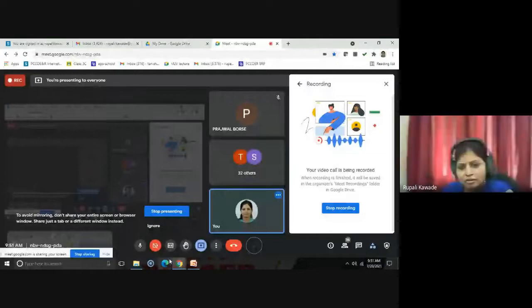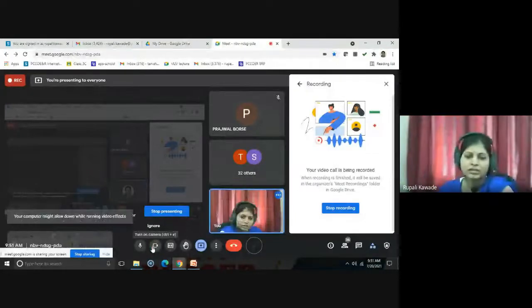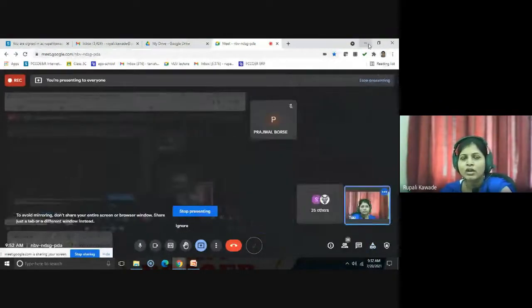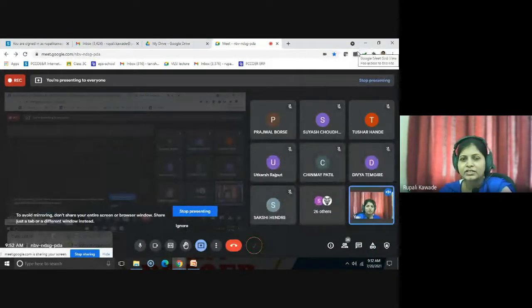Good morning, all. So today we will see simple examples of combinational circuits and sequential circuits using VHDL. We will see with the help of the tool how to write code for one combinational circuit and one sequential circuit. I will show you, and I will show the simulation also.